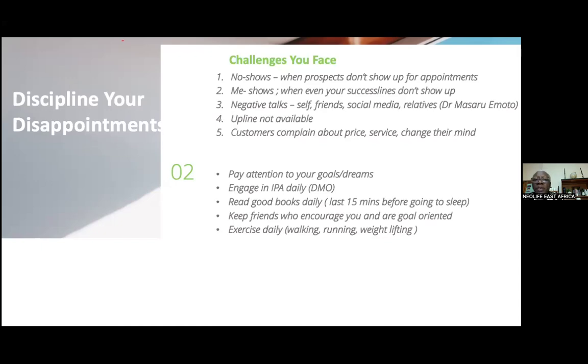The type of no you're going to get is called a me-show. A me-show is when you invite people from your team to come and see the business, but not even your team members show up for the meeting. That has happened to me and Betty. That has happened to many leaders in the business, when even the people in your team who say they're going to bring a lot of guests don't show up.